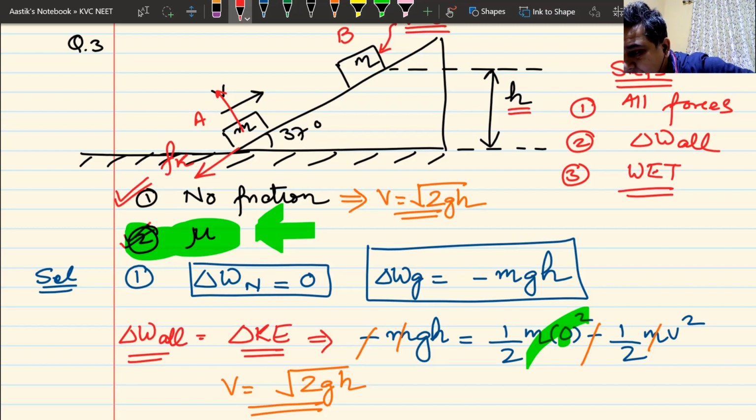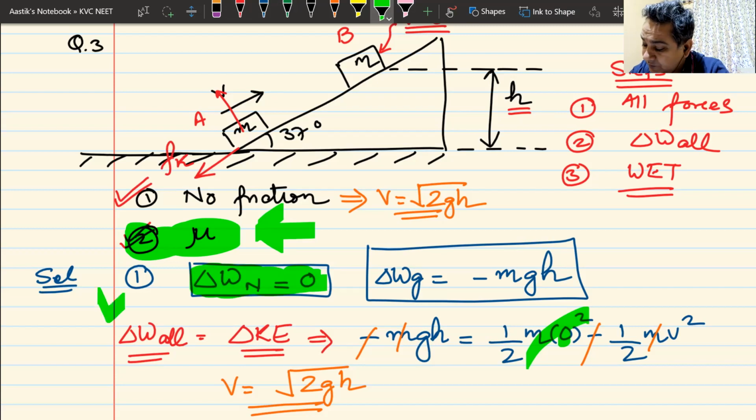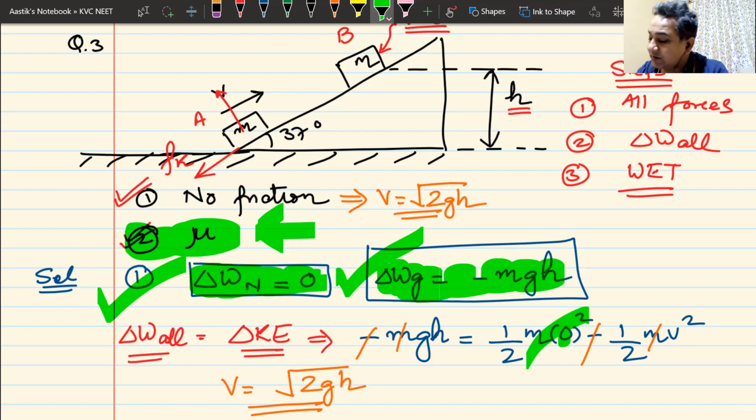So far, so good. In that case, one more force will increase. This force, normal reaction will be there, but the work done will be 0, doesn't change. This force, gravity will also be there, and the work done still remains same, doesn't change. The only thing that gets added up is the work done by friction. To find out the work done by friction, I have to find out the value of this friction force. How do I get the value of this friction force? This is nothing but equal to mu into N.